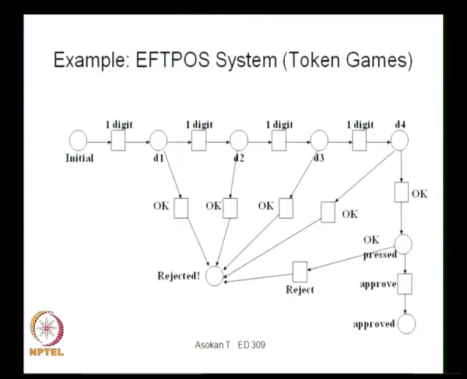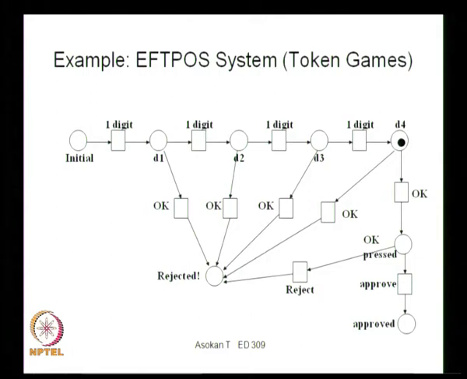So let us look at this. This is the first situation. We have an initial token available at the position, so we have already entered the card and it is ready to accept the digit. If you just fire this transition, you can see that the token has changed to D1. From initial, the token has moved to D1, and then if you do the next transition, that is the next digit, you can see that the token has moved to D2, and then one more digit it has moved to D3, one more digit it has moved to D4, and then you have this OK button.